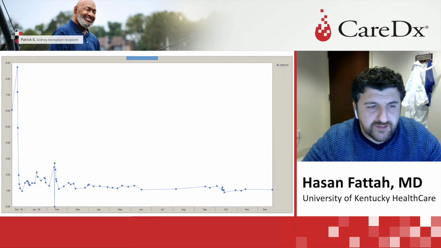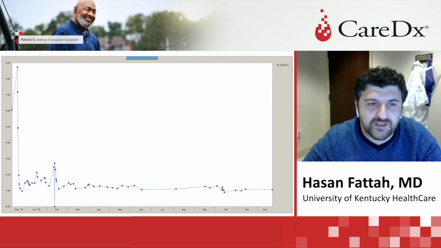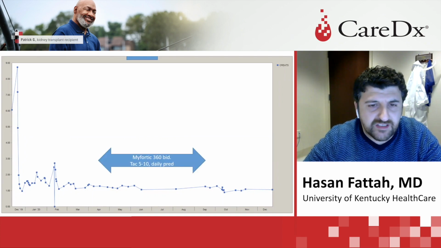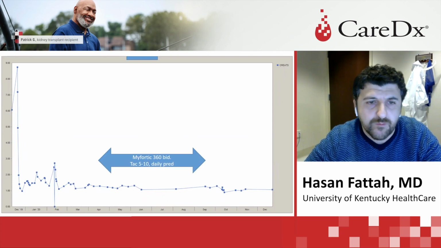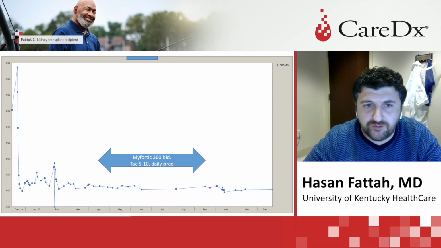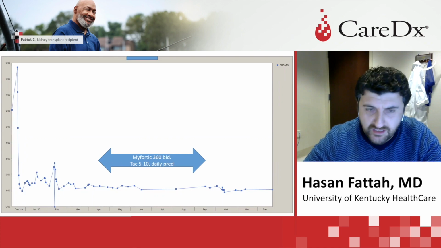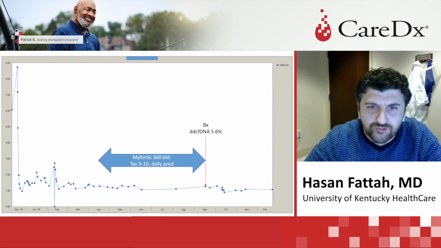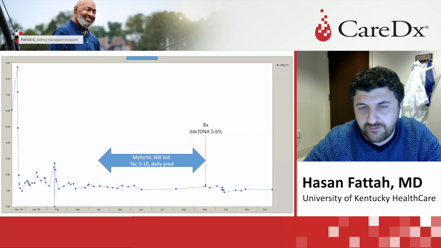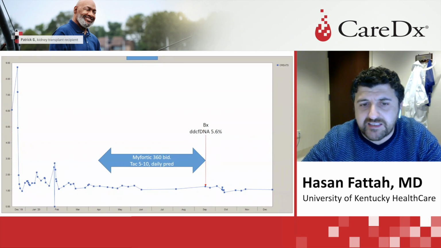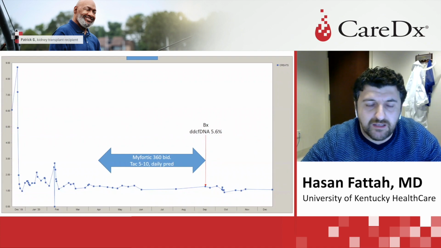And this slide summarizes her post-transplant creatinine amongst other parameters. So creatinine never changed from baseline, which is 1 from the post-transplant value. During most of the time, she was kept on Myfortic 180 to 360 BID, depending on how bad her neutropenia was. TAC level most of the time fell between 5 and 10. This is AlloSure at the time when she was brought in here for kidney biopsy, for the concern of ongoing rejection, at least since May, when the first AlloSure showed an increase to 0.4%.